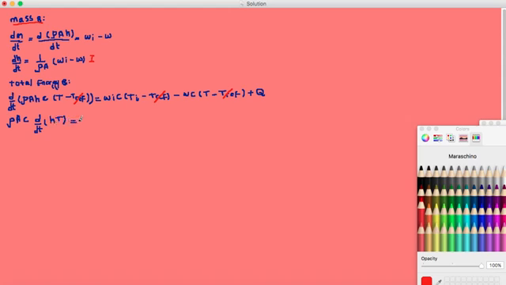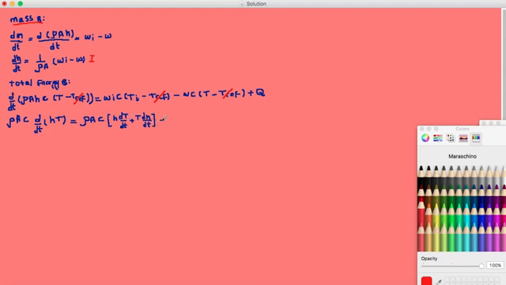But we know both H and T are variables, so we have to use the chain rule for derivation, and we will have rho A C multiplied by H dT/dt, changes of temperature based on time, plus T dH/dt,